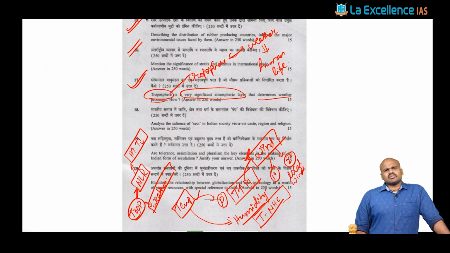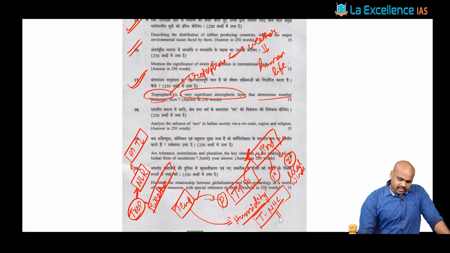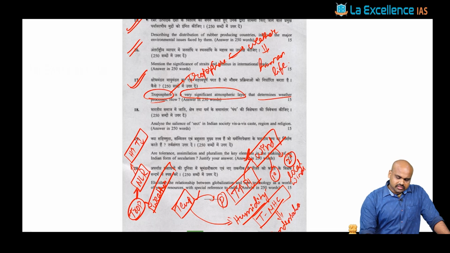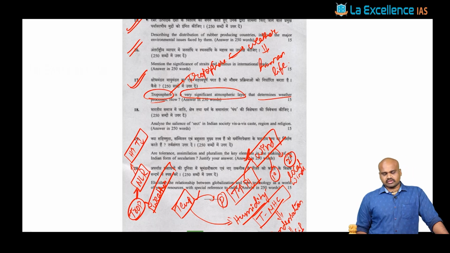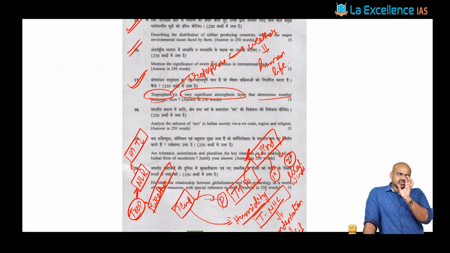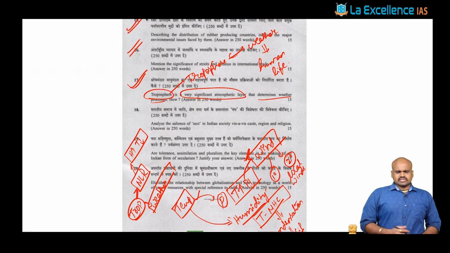How is this going to impact weather phenomena? You would understand that temperature and moisture holding capacity have a relation with the phenomenon of condensation. Further, the phenomenon of precipitation is also going to be impacted. So the troposphere, as a layer of the atmosphere, is where you have varied phenomena centered around the temperature. That is what the question is talking about.